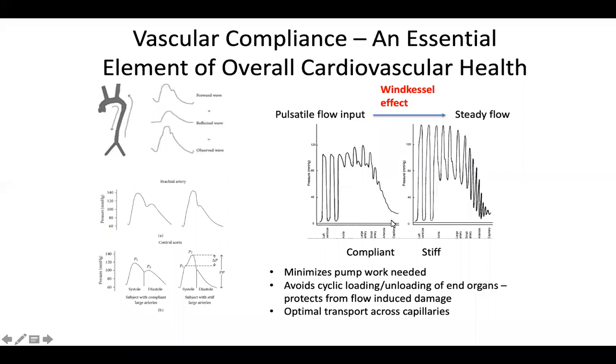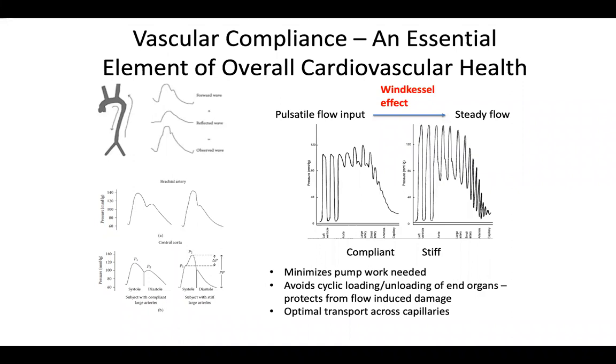And by the time we reach the arterioles and the capillary, the flow gets smoothed out and the end organs do not sense this pulsatility. This is the famous term of Windkessel effect of the aorta. Now, when the vessels get stiffer, this Windkessel function actually deteriorates dramatically, and the pulsatility will penetrate much farther into the vascular tree. And as the end organs are exposed to more pulsatile flow, they're placed at a higher risk